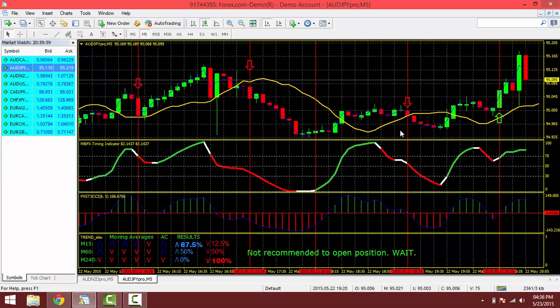Okay, and now in this kind of case right here, you know it's going down, the arrow comes up. What makes you take the trade? Well, what made me take the trade is that we already confirmed our downtrend, so we already know we're going down. So there's a higher percentage of me going very deep in the money here, because I'm going with the overall trend, and I also went with my indicators and confirmed with all three charts that we're going to go down. In this moment right here, I had all of these in the trend indicator telling me we're going down. So it would have been a comfortable trade, guys. Like I said, it's all about